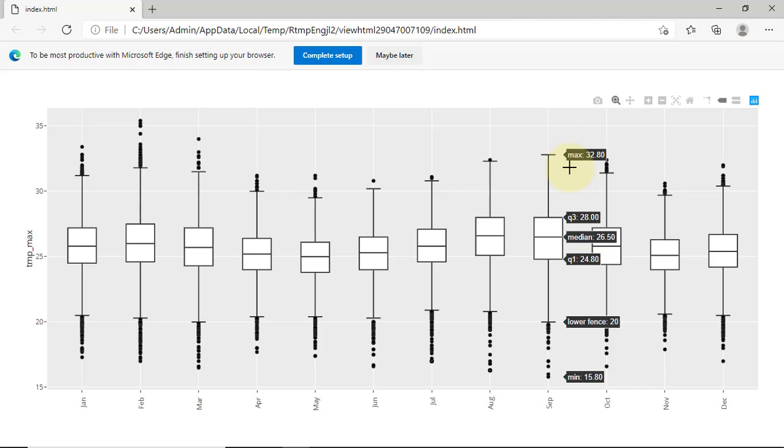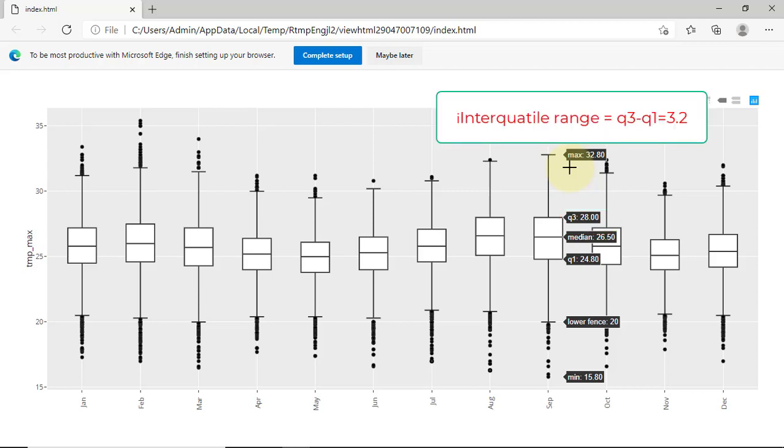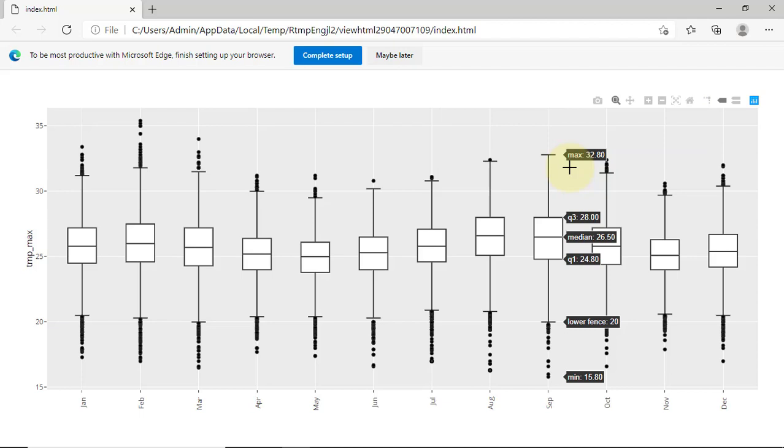So, a quarter of the days had Tmax less than 24.8. The upper quartile was 28 degrees. The interquartile range was therefore 3.2 degrees. The usual box plot definition is that a temperature further than 1.5 times this value from the quartile is defined